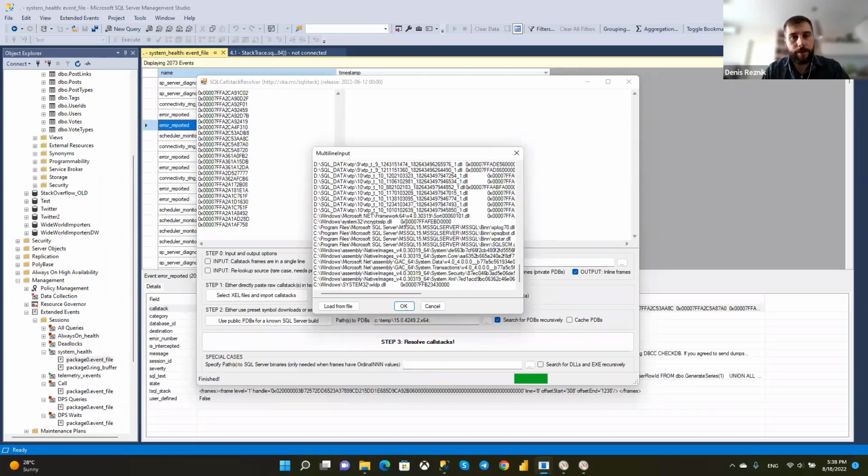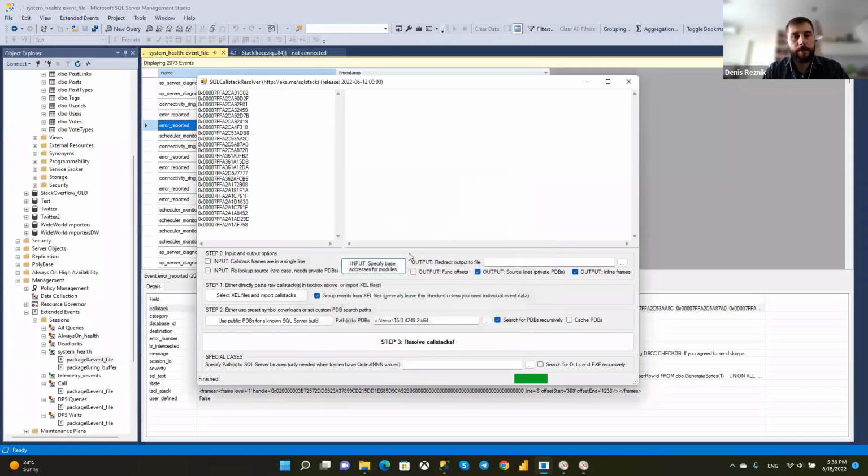It was already written because I copied it from Management Studio, but by default, when you click this button, there is an instruction on the screen on how you can get this information and bring it here. And after all this is done, I can copy my call stack trace in the left side pane and click Resolve Call Stacks.